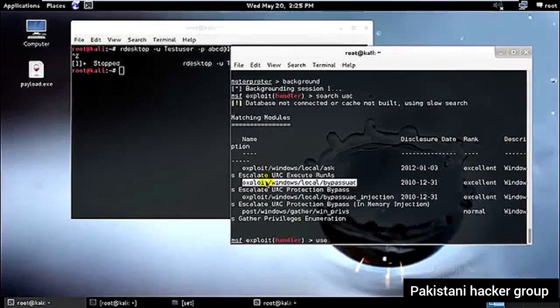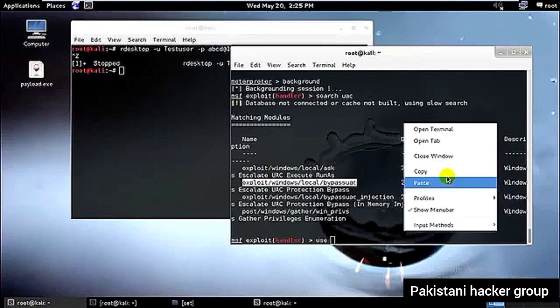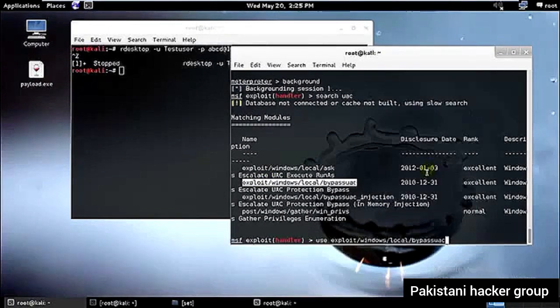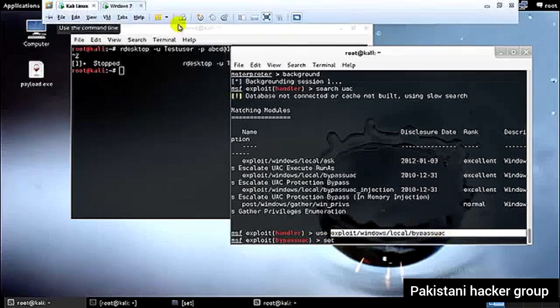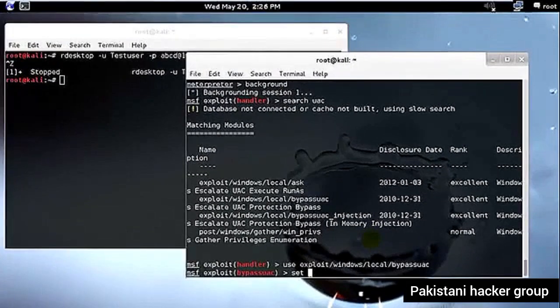So I'll just go ahead and copy it and paste it over here. Use exploit / Windows local bypass UAC, and I'll hit enter. That means I am using it; nothing will happen right now once you press that. After that, I will just go ahead and type set. I need to set this specific payload to our computer. So I'll type set payload